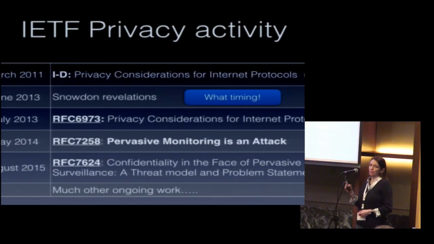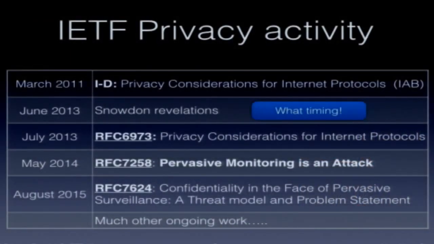So the folks behind that started back in 2011, and they were right on the verge of getting it published as an RFC when Edward Snowden revealed his data to the world. So you kind of get a feel for these guys getting their thunder stolen there. But what the IETF did is it came back swinging. It very quickly reacted with a very important document, which is RFC 7258. And this declares clearly that pervasive monitoring is an attack. I'll talk about that a little more in a moment.